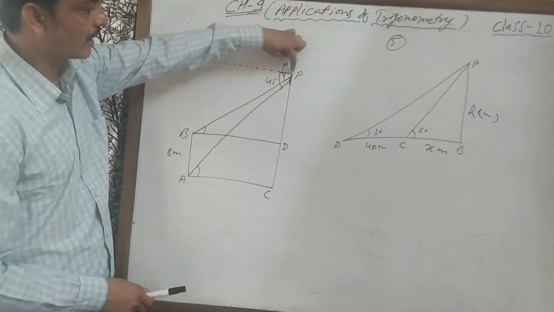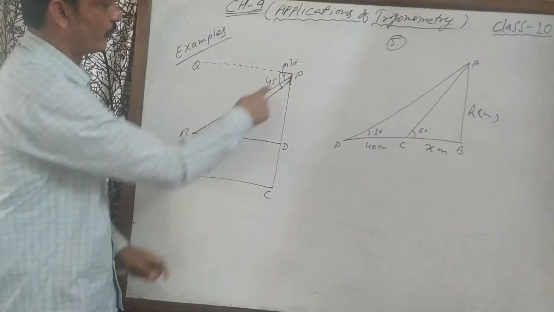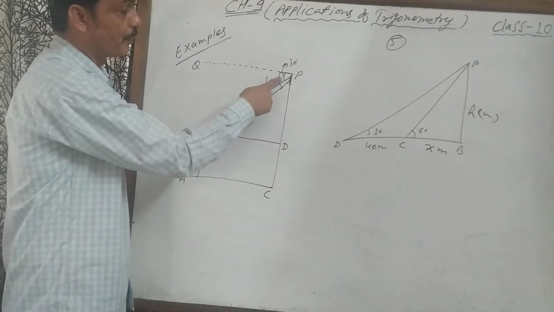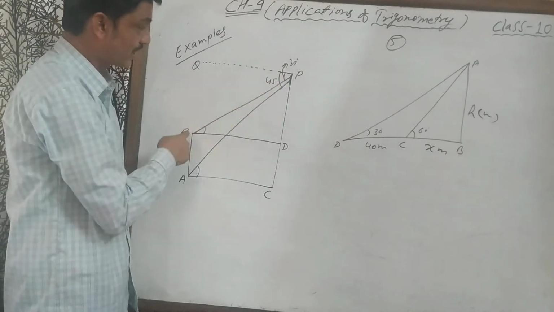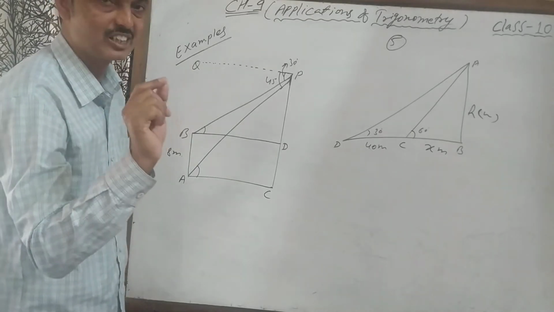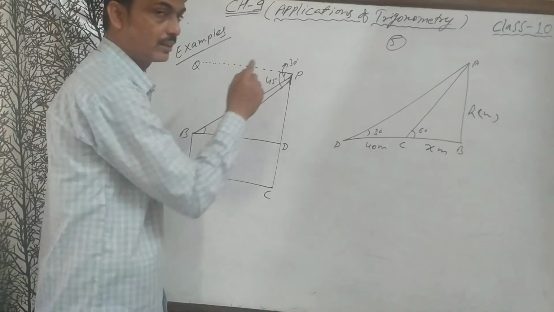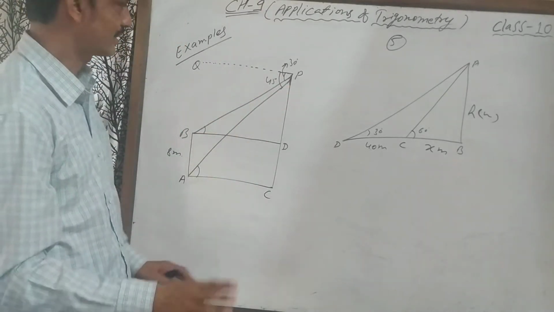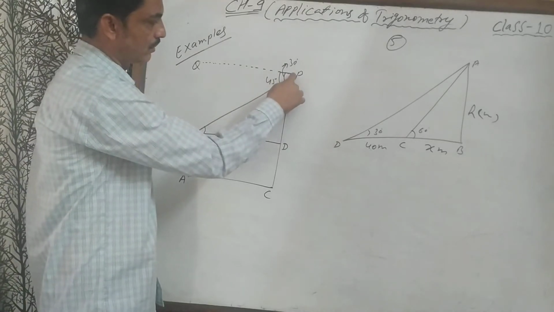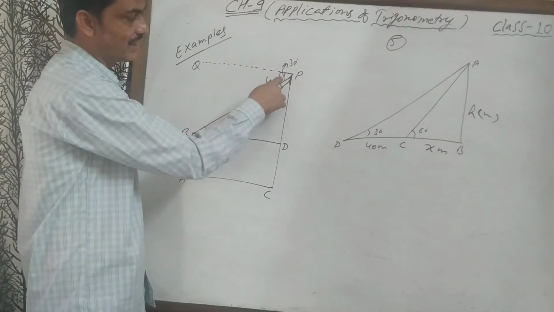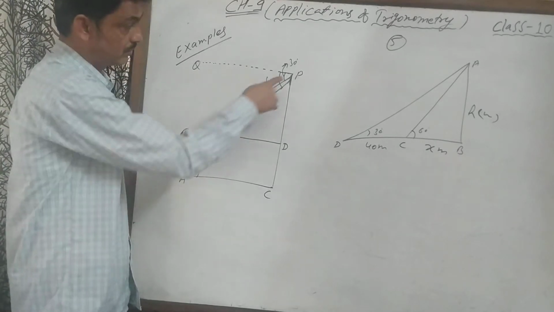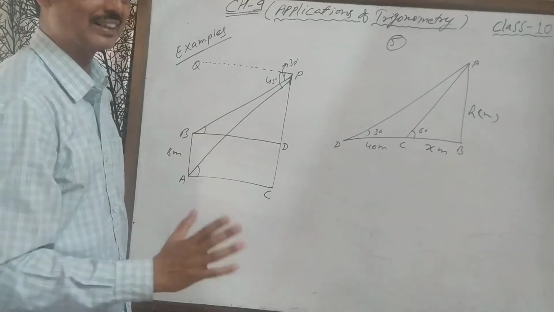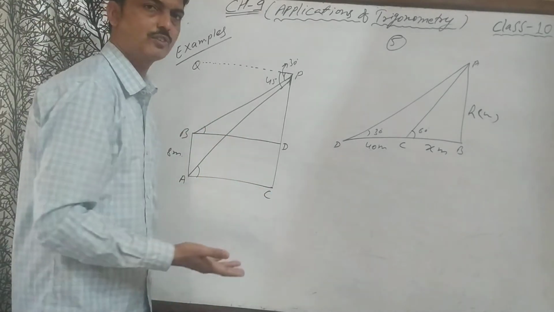It means the observer is standing here. He is looking at its top from here, so what angle will form? The angle of depression, that is 30 degree. From its top it is 30 degree. Please read the statement carefully, otherwise once you draw a wrong diagram, the whole question is wrong. Understand? That's why at the top the angle of depression is 30 degree, and at the bottom this angle is 45 degree. Because once you draw a correct diagram, then the rest of the part is very easy.